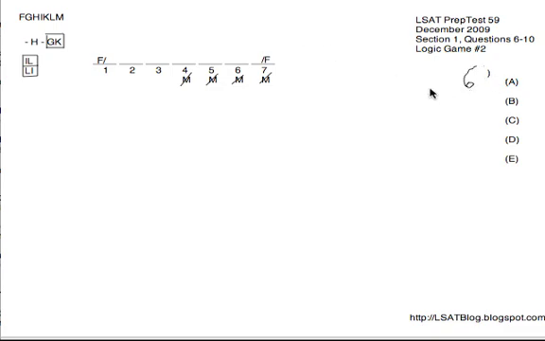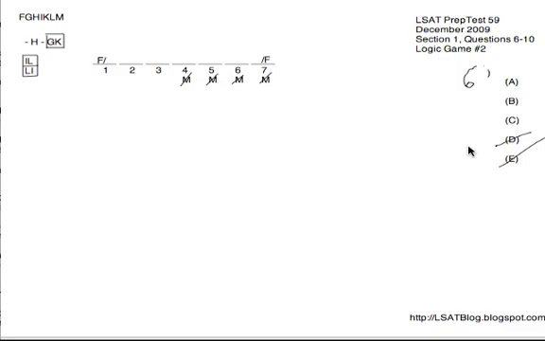So anyway, question number 6 is a typical orientation question. We're just going to take one rule at a time and apply that rule to all 5 choices, looking for violations. So for example, we know that F has to be 1 or 7, so any choice without F on one of our endpoints is automatically bad. Choice E has M and I on the endpoints, not F, therefore E is bad. Next, we know that I and L have to touch, so any choice where they're not touching is automatically bad. And we see in choice D, I is not touching L, we've got M between them, therefore D can be